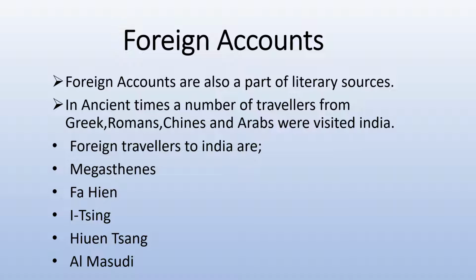Itsing. He was a Chinese traveler. He wrote a travelogue titled Record of the Inner Law Sent Home from the Southern Sea. It includes his observations on customs of eating, drinking, daily routines, behavior towards strangers, relationship between teacher and pupil, etc.